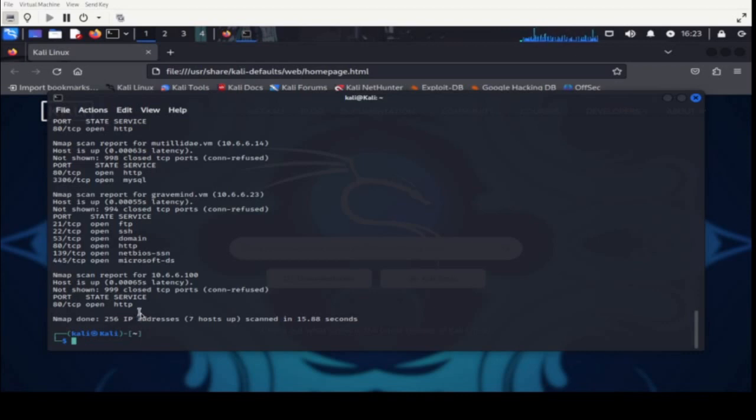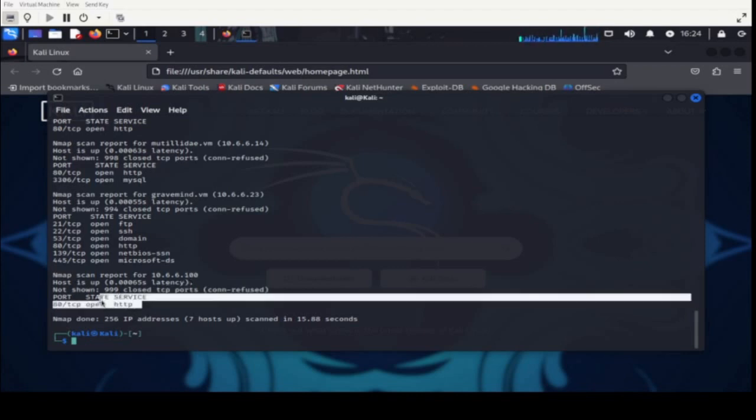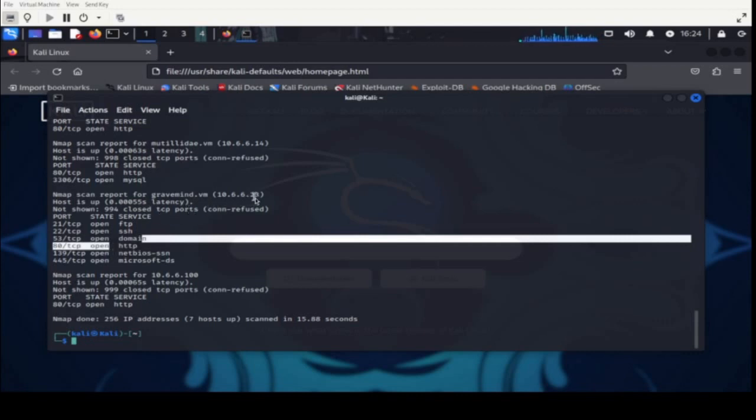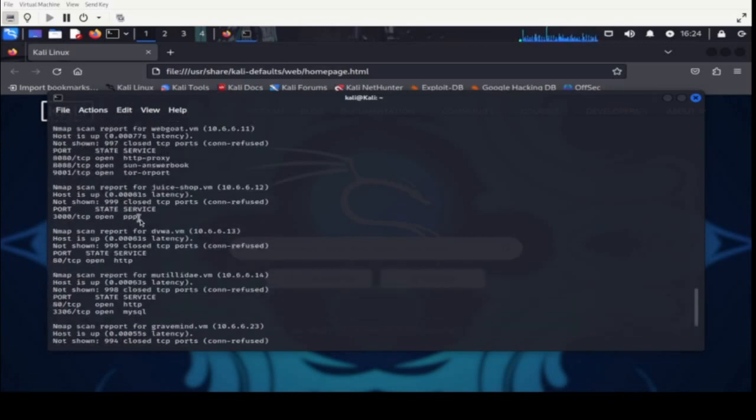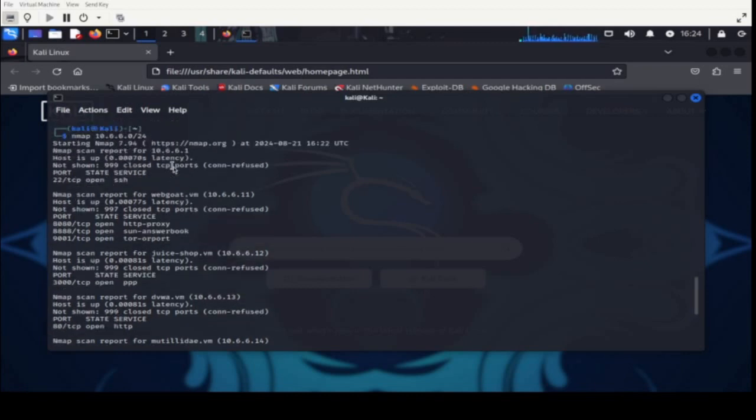But one of the most interesting areas of exploration is web applications. So we'll be looking at this host, 6.100, which is running port 80, and another one, okay, this one too is running port 80, and that's 6.23. Okay, most of these are all running port 80, except for this other one, 6.211, and then port